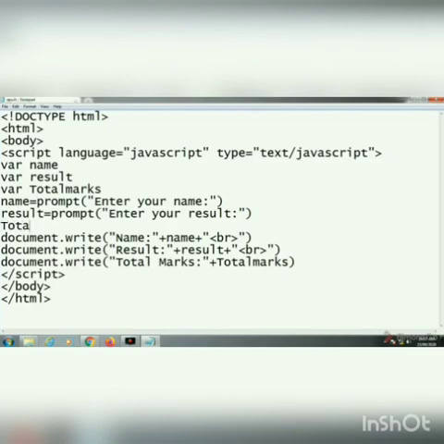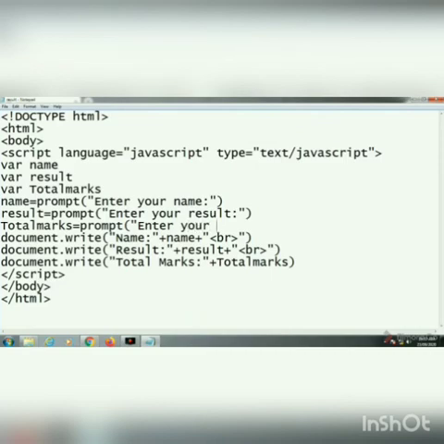The variable name must be the same as I have followed in document.write. Here also we have to follow the variable name that we have declared, as it is. Then the prompt dialog box, then bracket start. Here you can find the assignment operator is the equal sign. The equal sign is used to assign the value that the user will input.